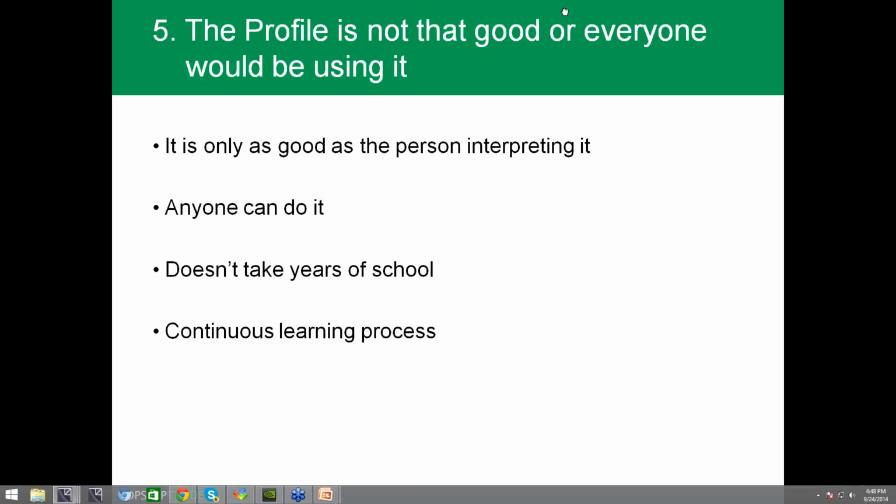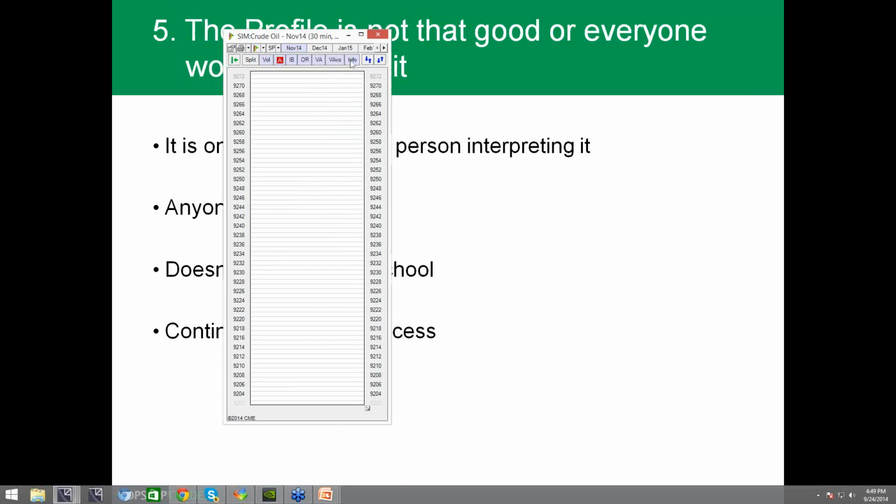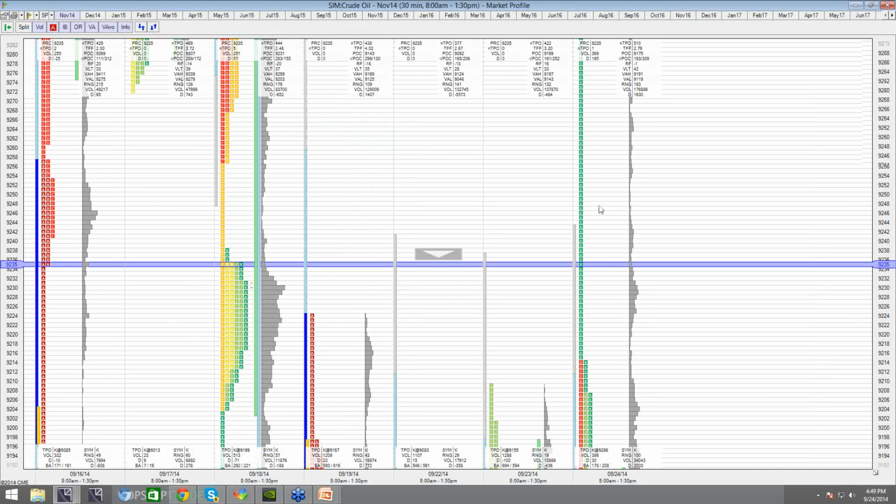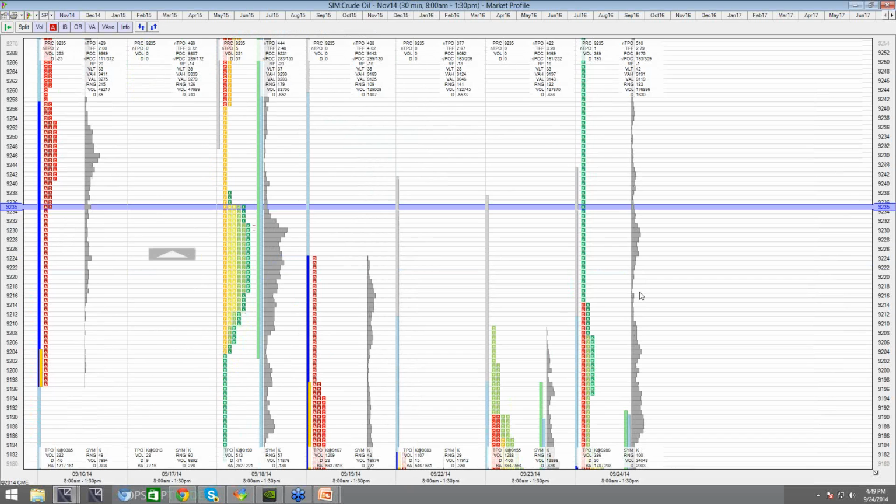So how do you find a pullback? What's an extreme area in a pullback? Okay, this is something that I use all the time, and it's helped me. I've always been a terrible trend trader, but this has definitely improved my performance when it comes to being a trend trader. Here, hold on, I gotta get you on screen here. I apologize. All of a sudden I'm in strategy lab. Okay, so this is an example of